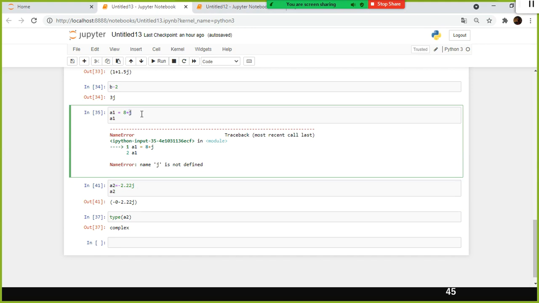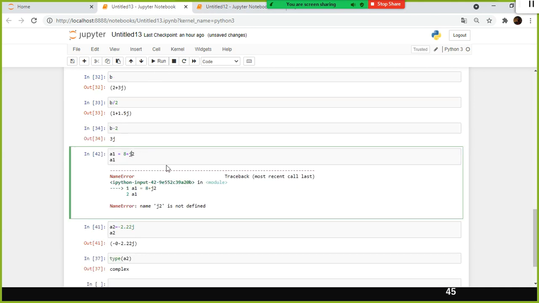If you add any value in the imaginary part, the j should be multiplied with some value. For that, don't say j2, even this is false. It should be 2j, something like that. Just prior to j, you need to have some value. Think of it as value into j. Otherwise, if you don't have a value and just specify j, it will throw an error. That is what we have seen here, a syntax error. Just keep that in mind. So that is how to use the complex data type.